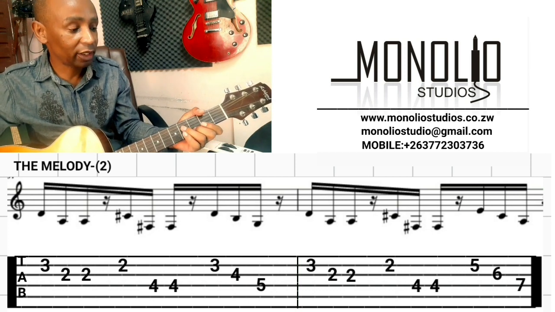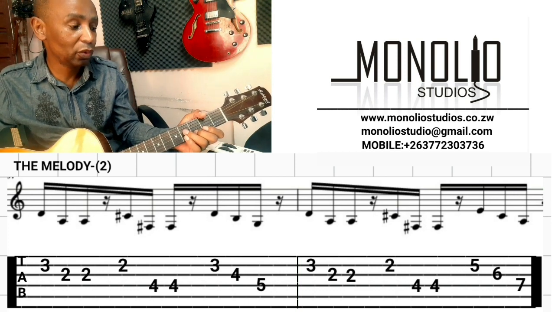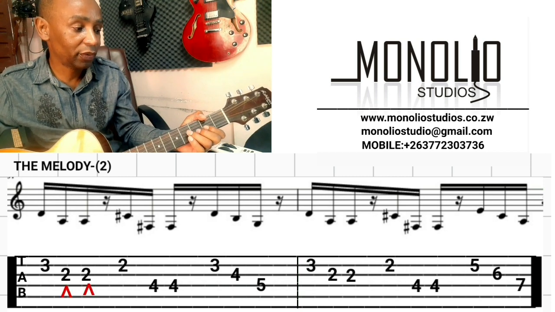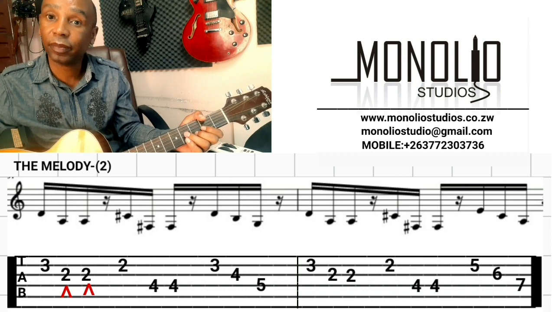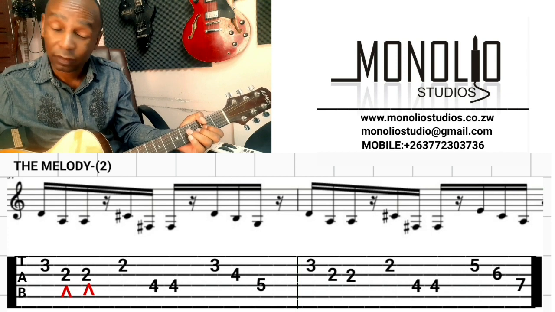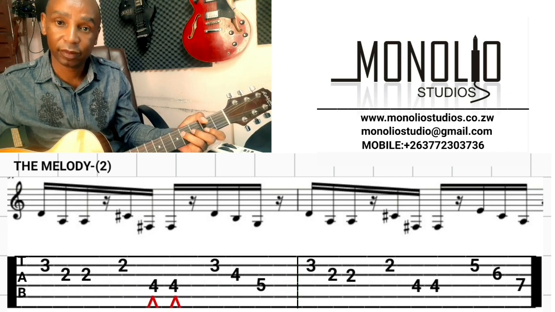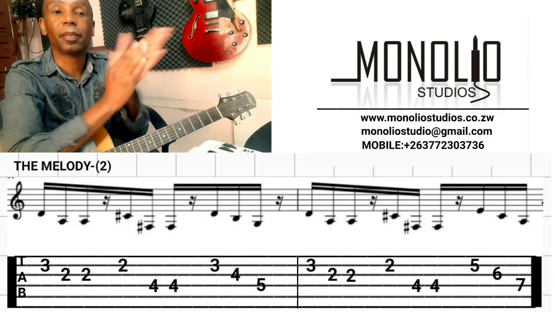So what's happening is I'm playing string number 2 on the 3rd fret, then string number 3 on the 2nd fret. So I'll be playing it twice. Then string number 2 on the 2nd fret, string number 4 on the 4th fret. So the rhythm is